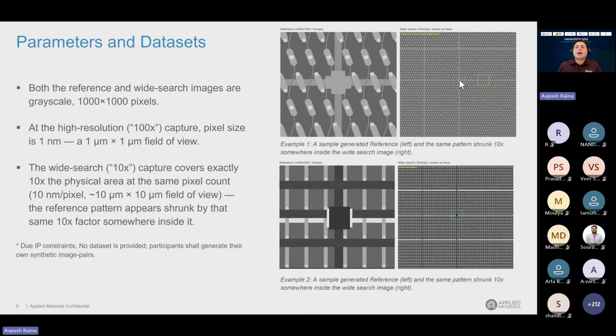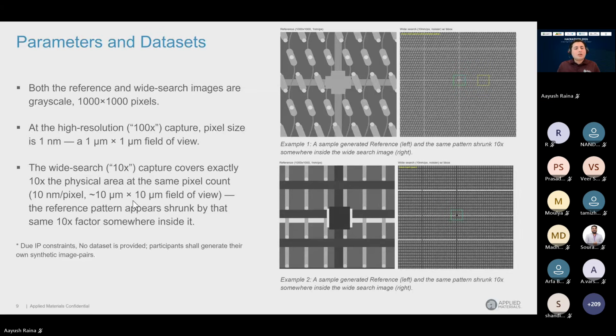Some people would like to understand in terms of pixels, some would like to understand in terms of how much one pixel is. So for the simplest case, I've kept it as a 100x image. This is the reference image. Here, one pixel will be 1 nanometer. And if you multiply it by 10, it will be 10 nanometers in this one, because this is a 100x image and this is a 10x image. So over here, one small pixel is 10 nanometers. Here it is 1 nanometer. So this pattern is shrunk almost 10 times. It will look like this, and so you will see almost 100 such patterns here.